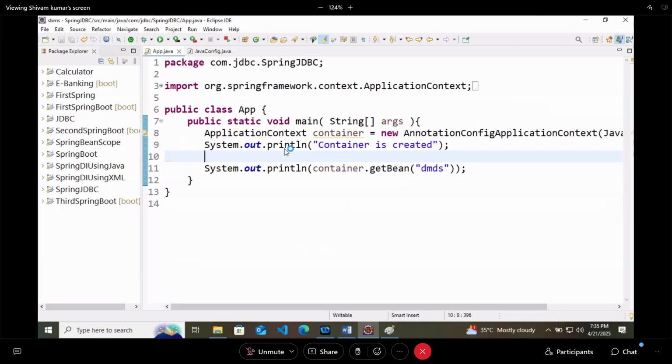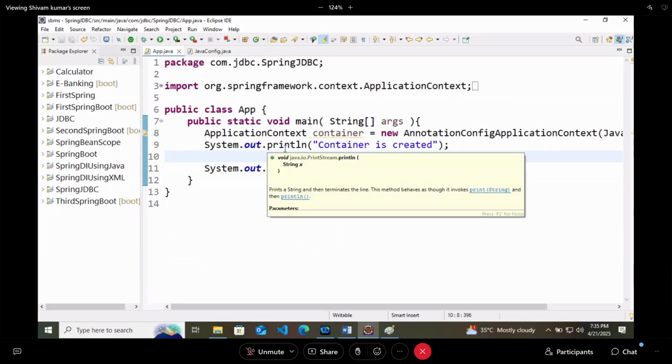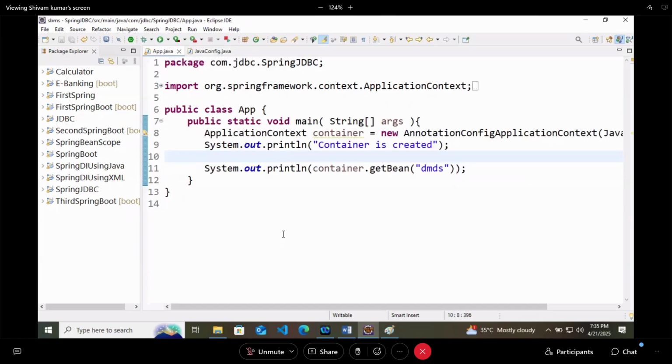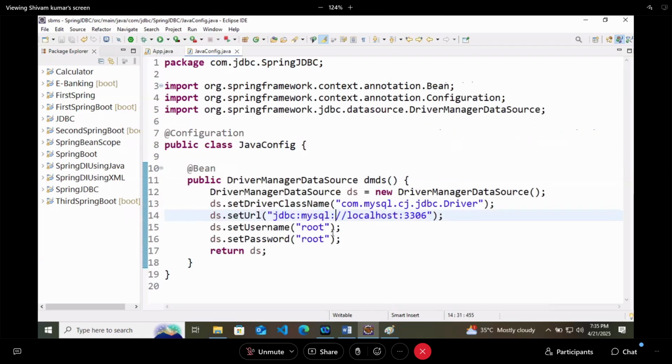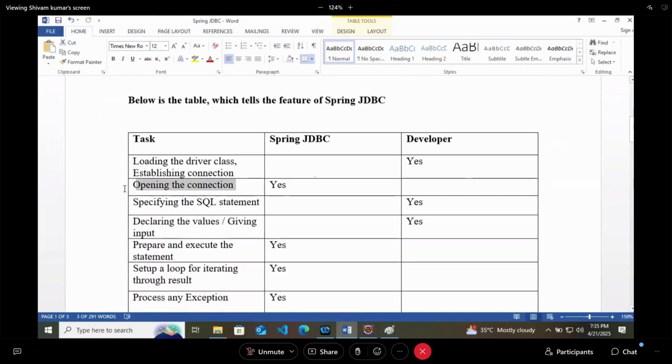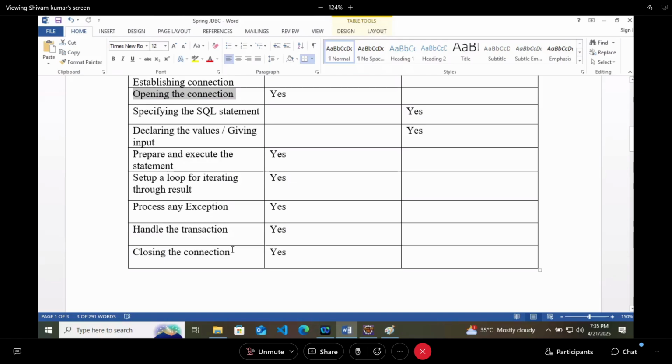No. When you are not doing any transaction, why do you need any connection? So opening the connection and closing the connection is actually managed by Spring JDBC. We are not hitting any unnecessary error.